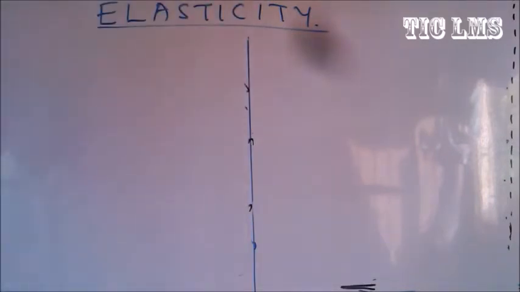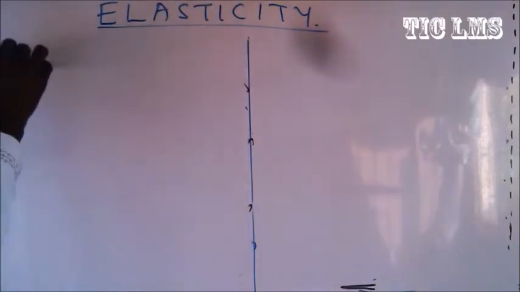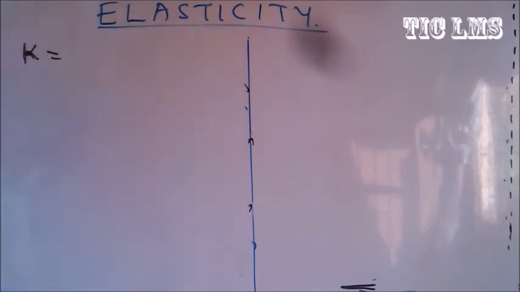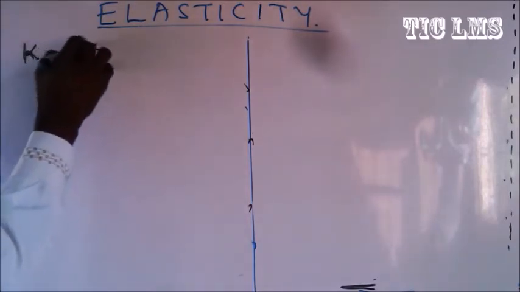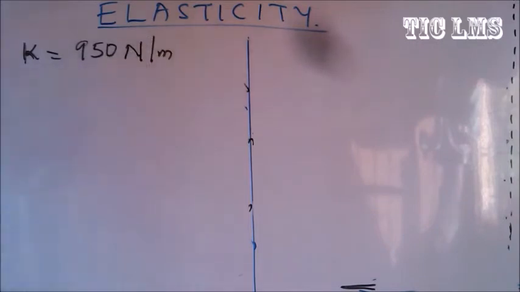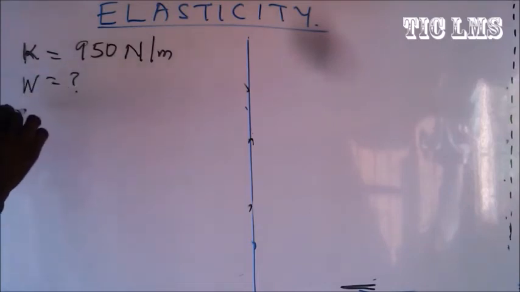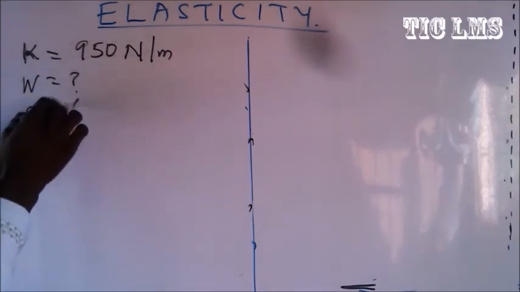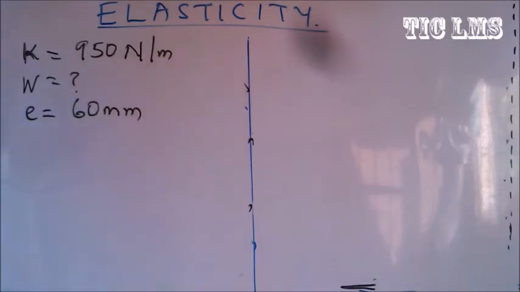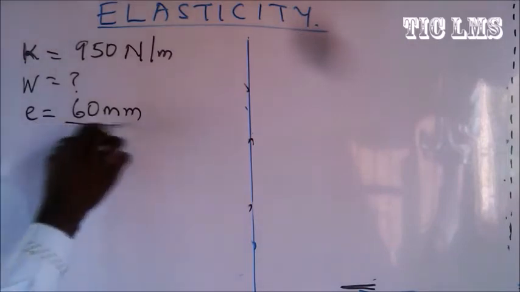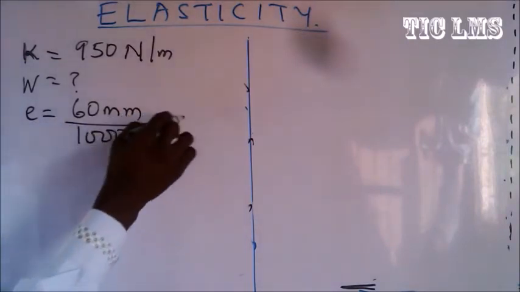Here, a spring has a stiffness, and we said earlier that stiffness is the same thing as the elastic constant. So the stiffness is 950 Newton per meter. We are looking for the work done if we have an extension of 60 millimeter. So what we'll do in this question first is to convert the 60 millimeter into meter. So that's divided by 1000, and that gives us